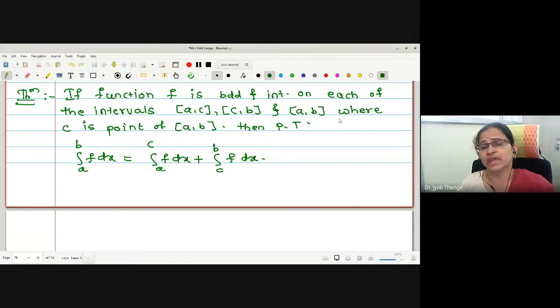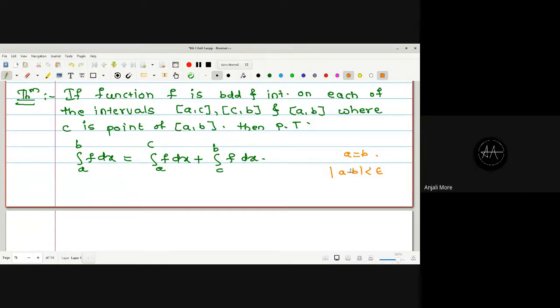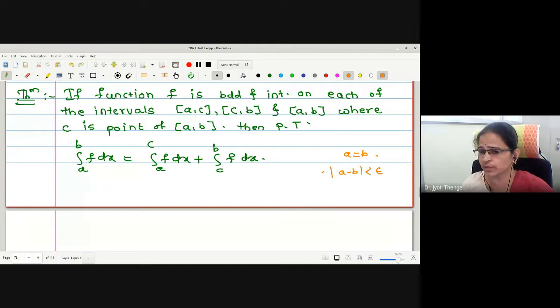Okay. Actually, in real analysis, whenever we want to prove that two terms A is equal to B, what is sufficient for me to prove? We will try to prove that mod of A minus B is less than epsilon. Correct, no? Yes. Why, ma'am, does mod of A minus B less than epsilon give you A equal to B? Because this is a non-negative term. Correct, no? This is a non-negative term, and epsilon is a positive term. For any non-negative term which is less than every positive number, what is the possibility? The term equal to 0 is the only possibility. Correct, no?